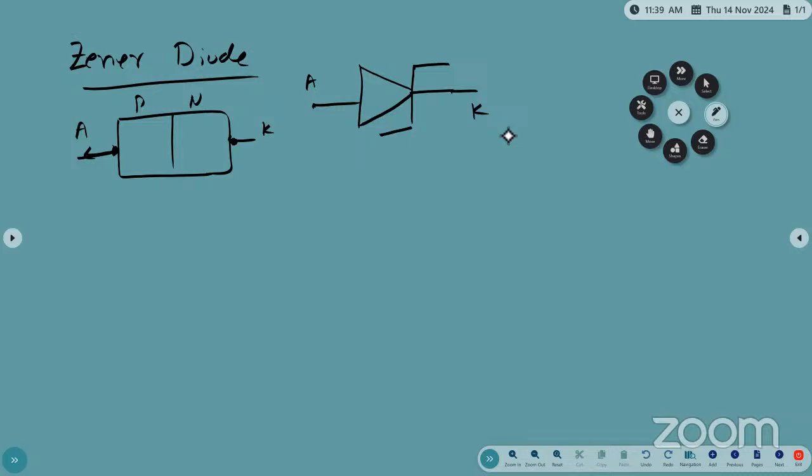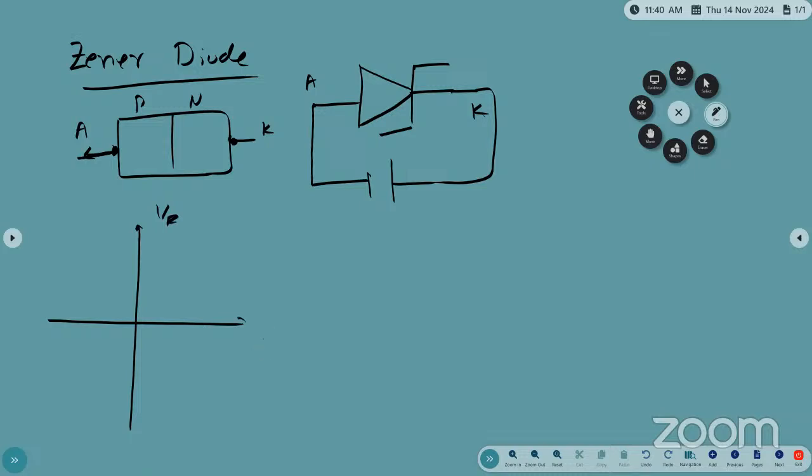PN junction similar. Why are we introducing this Zener diode for the reverse bias of the PN junction diode? So that's why you take the reverse Z. That is the symbol of the Zener diode. Now for this Zener diode, applying the positive is the same as the PN junction diode. The VI characteristics are